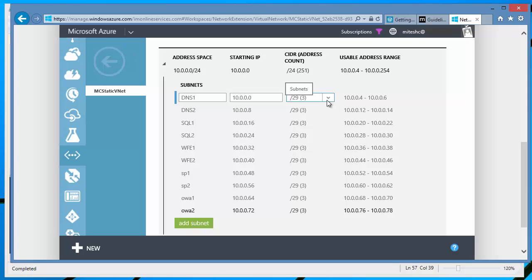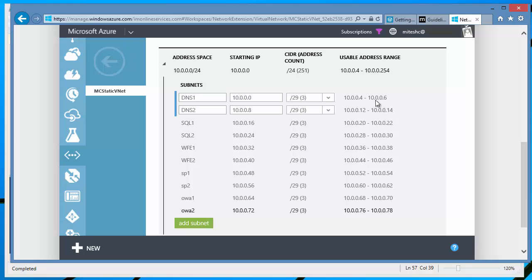IP addresses anyway. So for example, our first domain controller will be in DNS1, where the first IP address it would automatically give us is 10.0.0.4, and our second domain controller will be in the second subnet, DNS2, which would then give us 10.0.0.12. But because we're using static IP addresses, I'm going to set my own static IP to be 5 for this one and 13 for the second one. Now if I didn't do that, it would just give me 4 and 12 by default, and that's fine, but